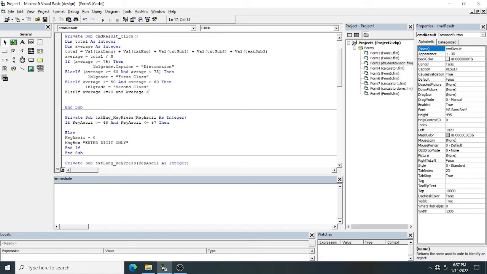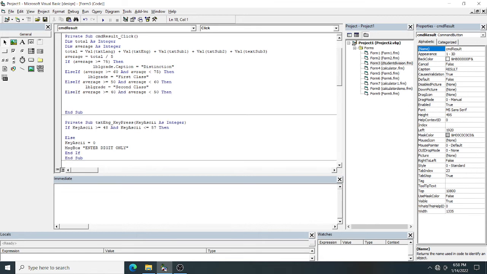If it is greater than 40 and less than 50, then which class, we will say pass. LBL grade equal to pass class.